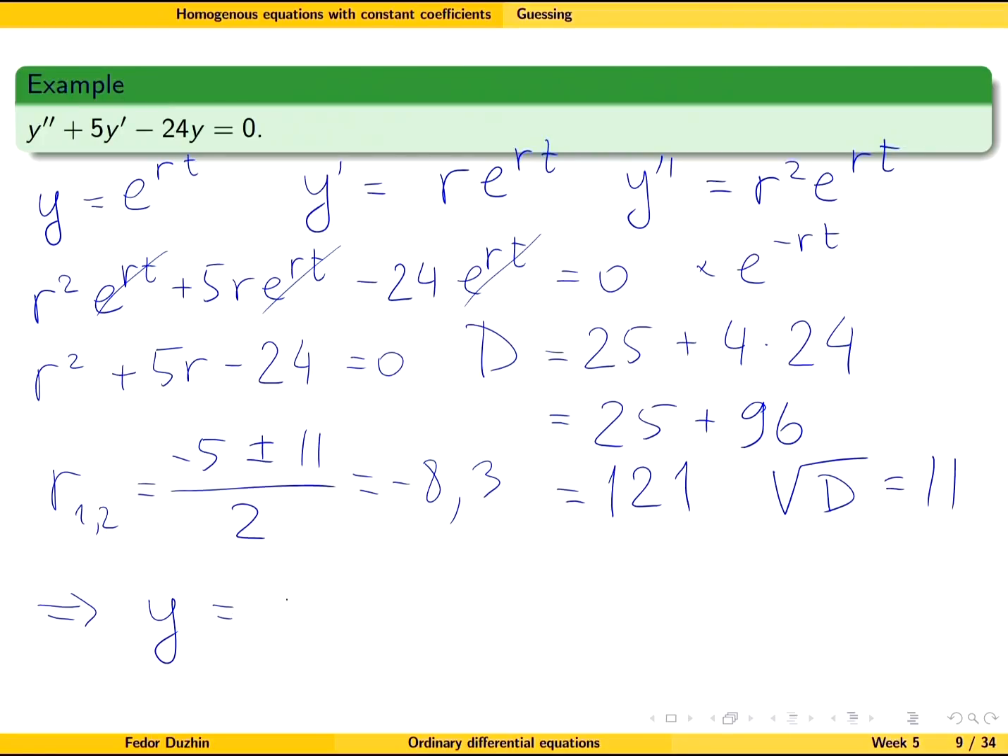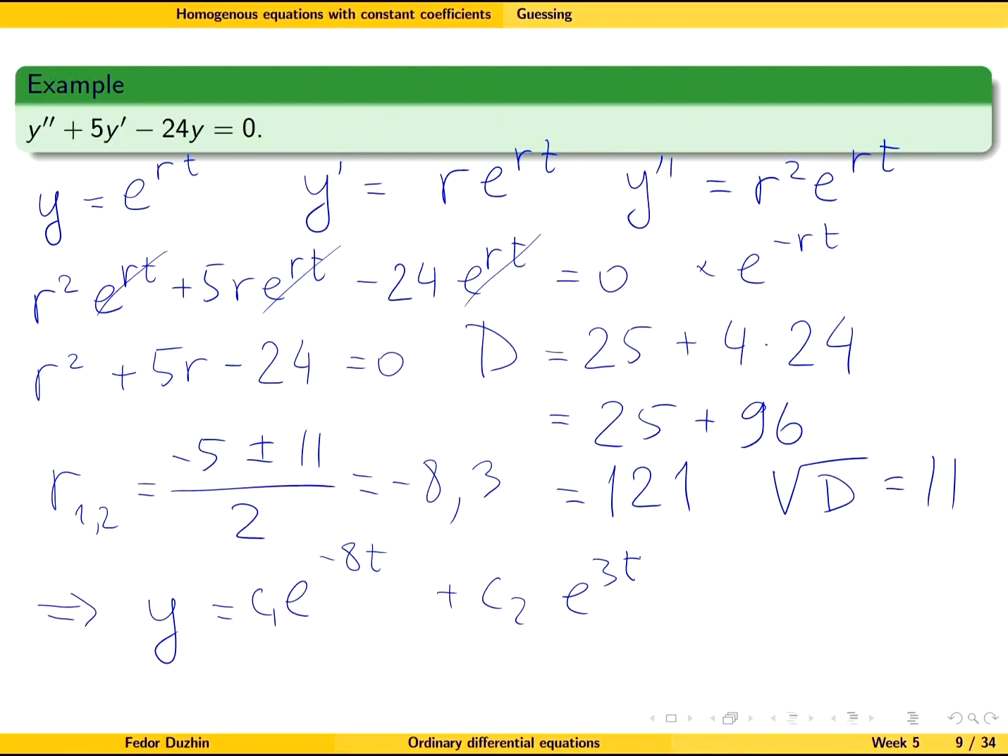any combination of e to the power minus 8t and e to the power 3t is going to be a solution of this differential equation. But whether or not there exist some other solutions, we don't know yet. We just guessed that solutions of the form e to the power rt